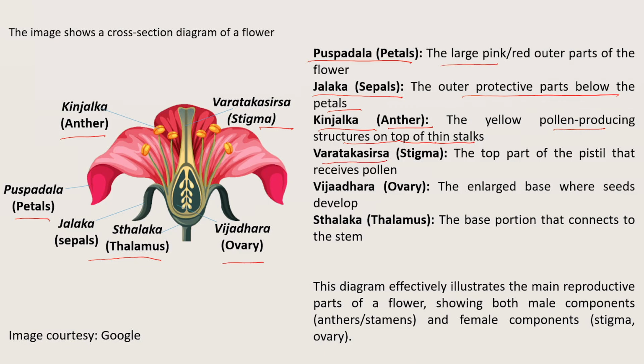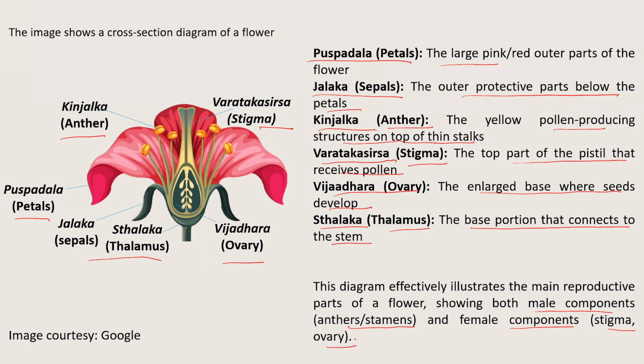Varat kasirsa, stigma, the top part of the pistil that receives pollen. Bijadhar, ovary, the enlarged base where seeds develop. Sthalak, thalamus, the base portion that connects to the stem. This diagram effectively illustrates the main reproductive parts of a flower, showing both male components, anthers, stamens, and female components,